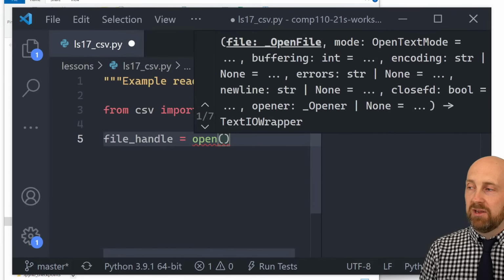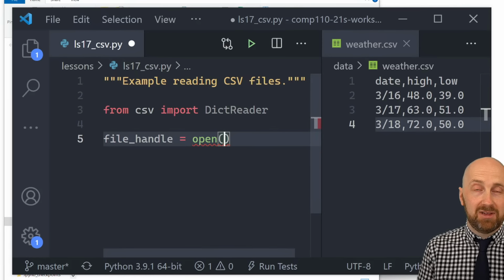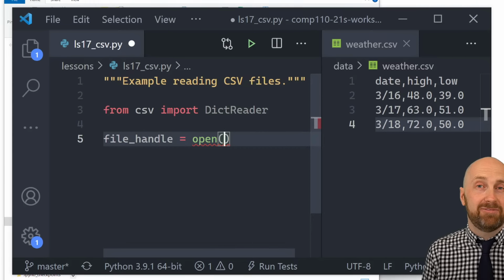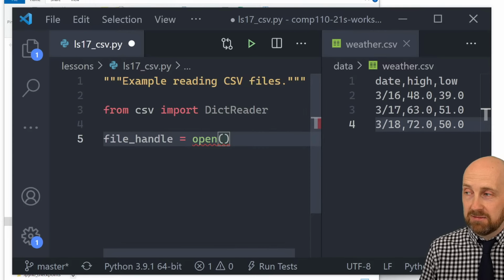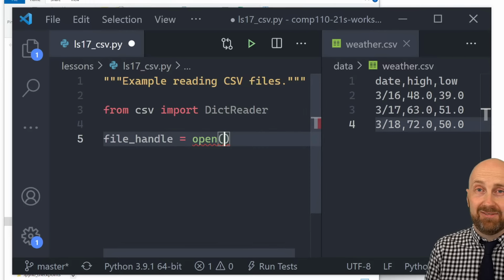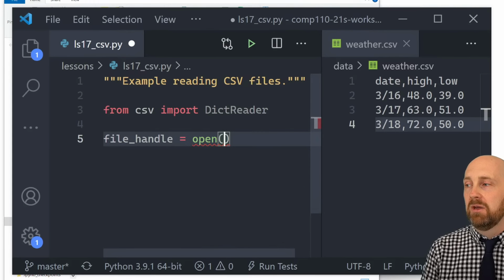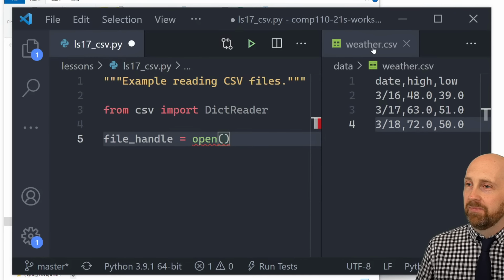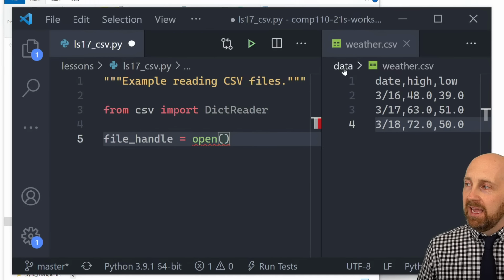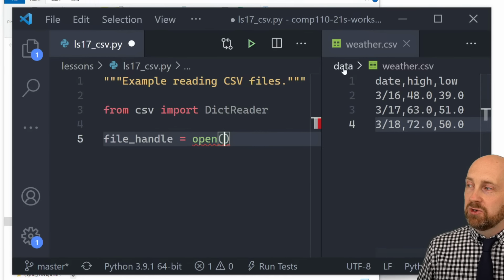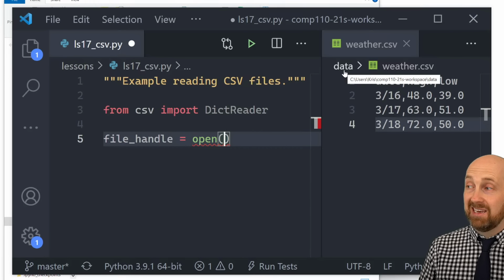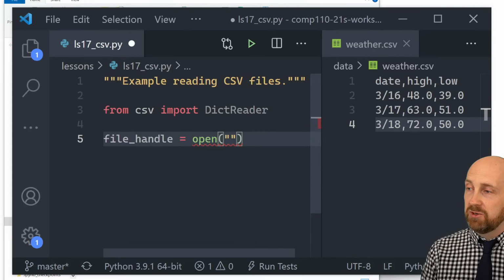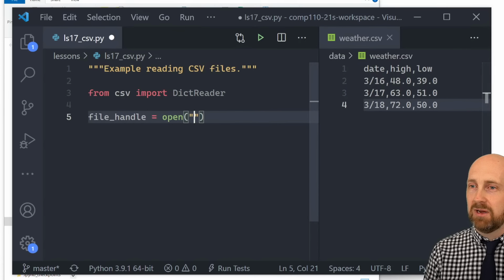And open is a function that is a built-in. Python says, it's so common that people want to open and read and write files in your programs, let's just make this a built-in function. So that's why we didn't have to import open. So what are we going to open? Well, we're trying to open this file, right? Weather.csv. And this file is stored in our workspace in the data directory, and the name of the file is weather.csv. So I'm going to use a string name here,